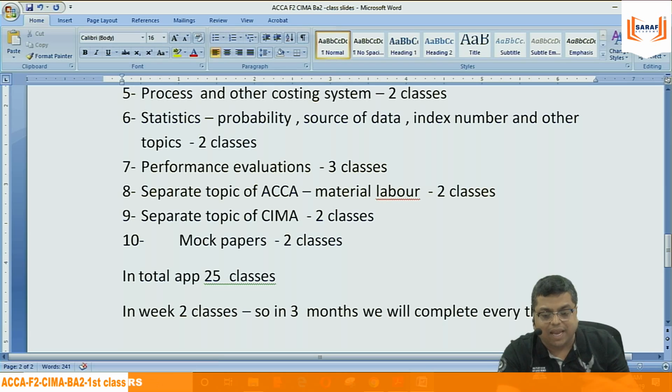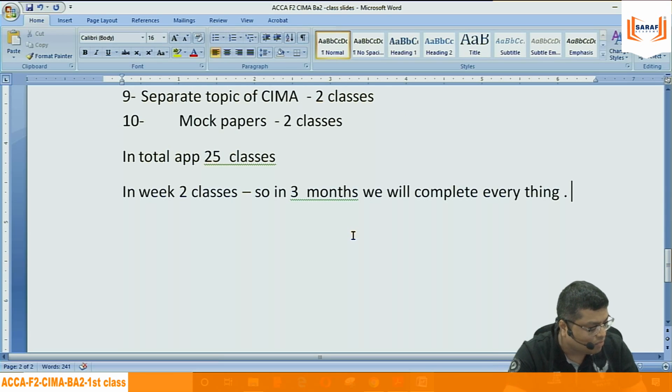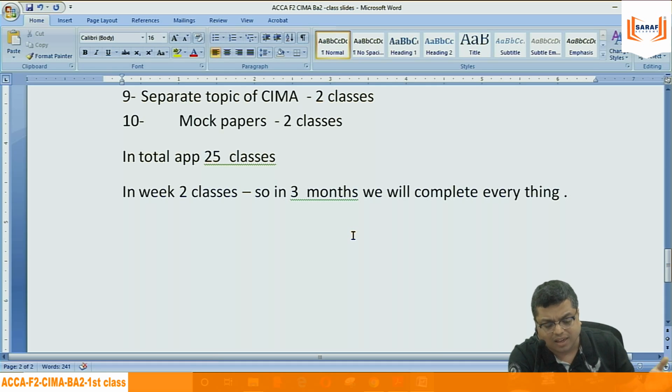When I start the classes, maybe in the initial 1 or 2 classes you will think that it is going very slowly and wonder whether the syllabus will be completed or not, like students think. But when I complete 4 or 5 classes, then you will think that it is going very fast. It should be slightly slow. This is the normal pace we should apply for all subjects, excluding the first subject. Because in the first subject, when students are new, it is better to go very slow. But when the second subject starts, we generally complete in around 2.5 to 3 months.